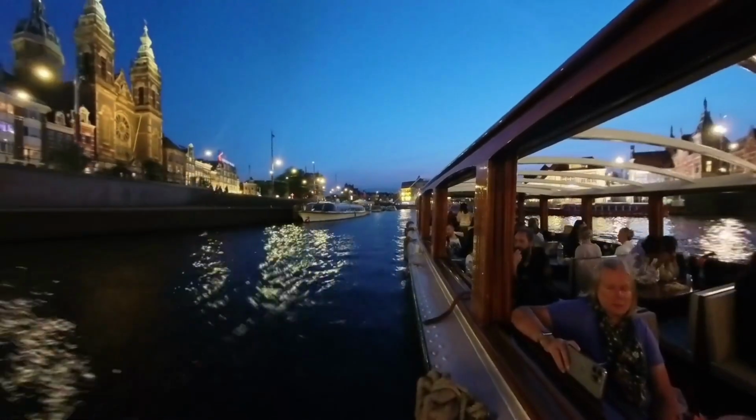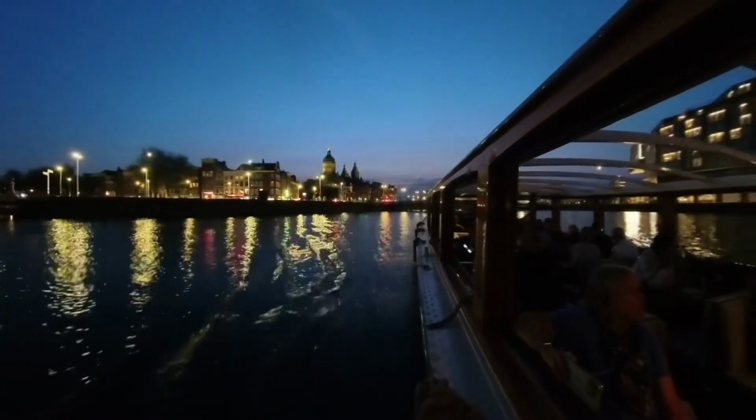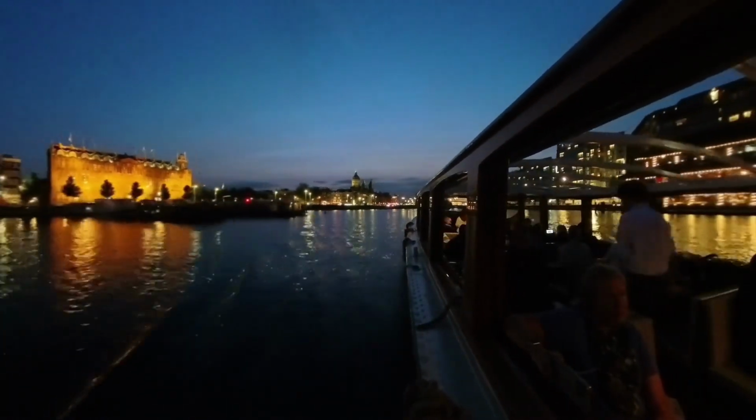So it got dark pretty fast, and I wasn't able to show you much of the canal cruise because my camera doesn't do so well when it's really dark like this. But it was fun. We got to see the crooked houses and